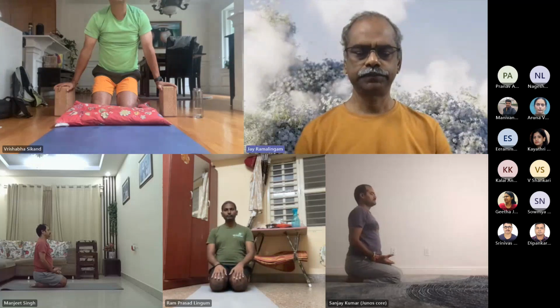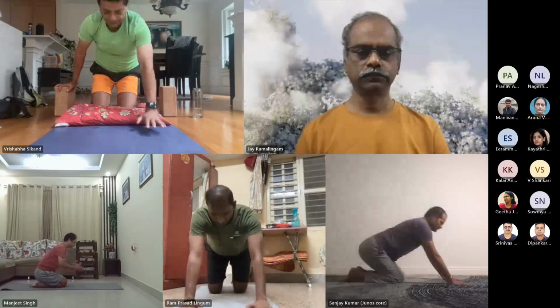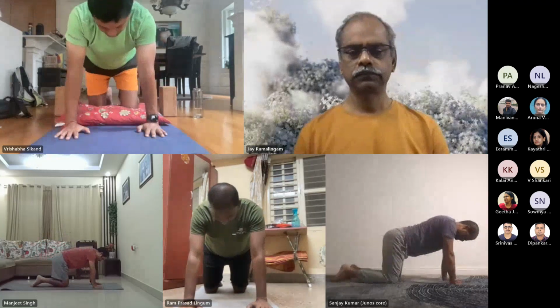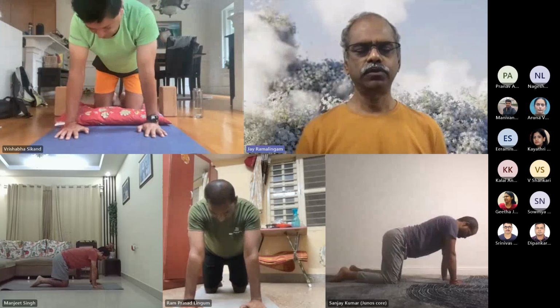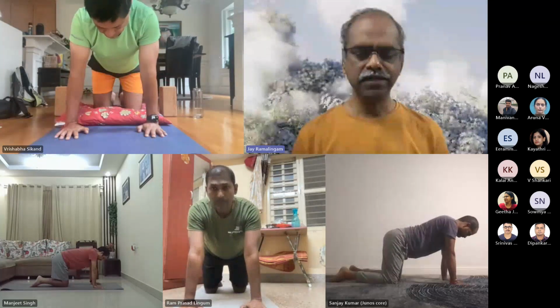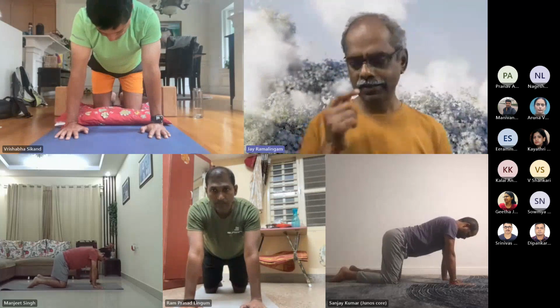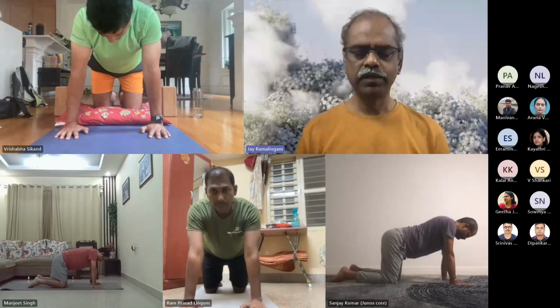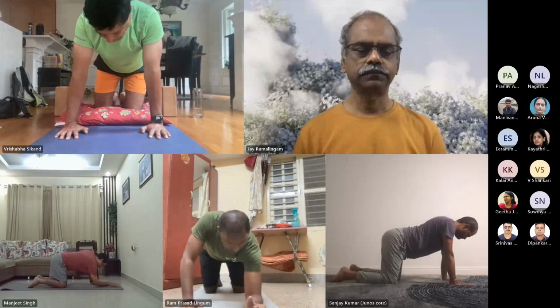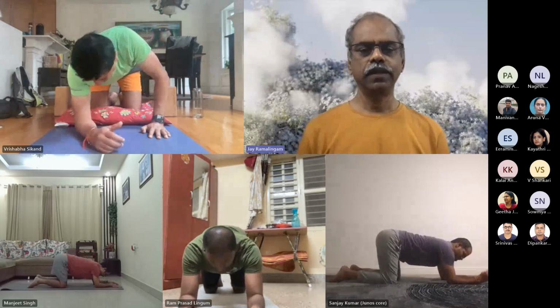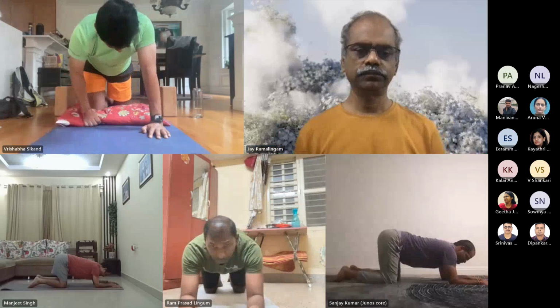Cat posture. Palms, shoulder hip width apart, knees hip width apart. Now place the elbows down where the palms are. And place the palms down.